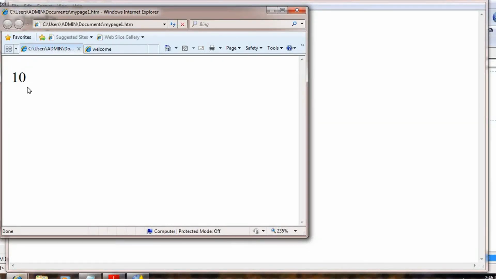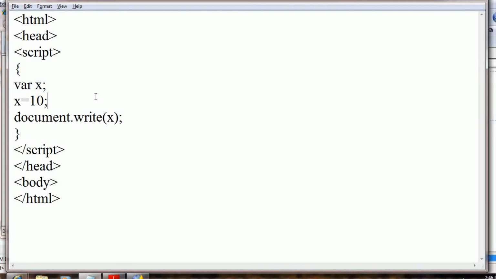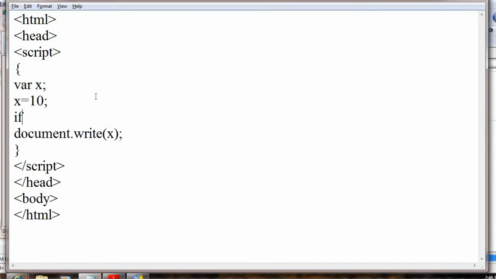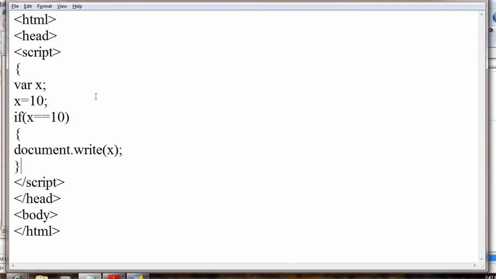I hope you noticed. Now I can put an if condition. If x equal to 10, meaning if this condition is true, it will go inside the bracket and display x.